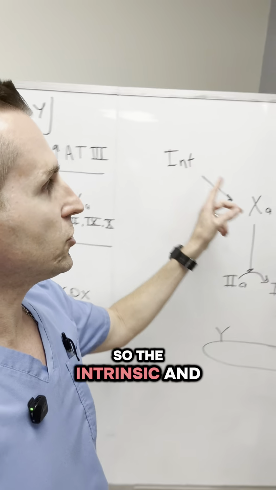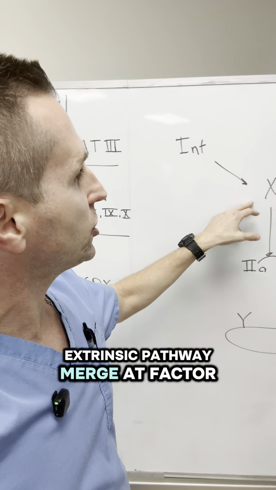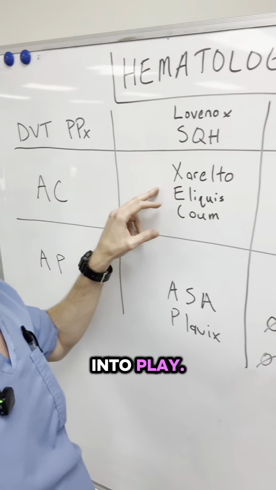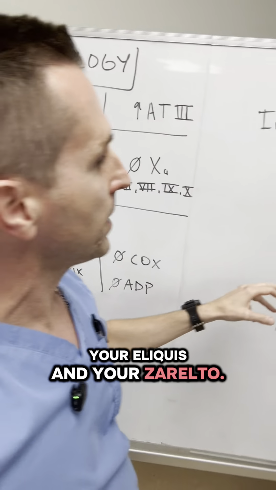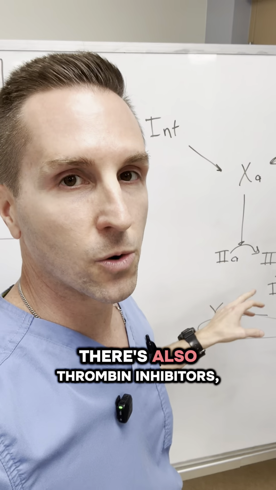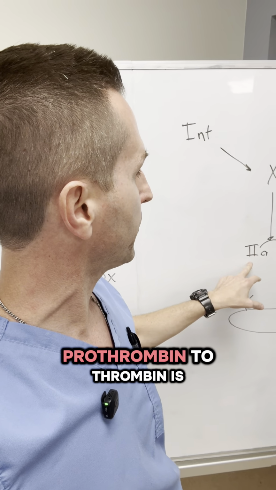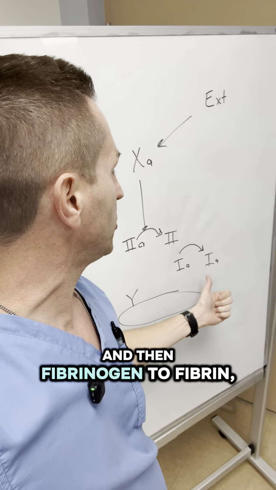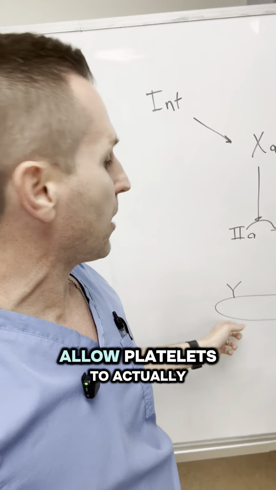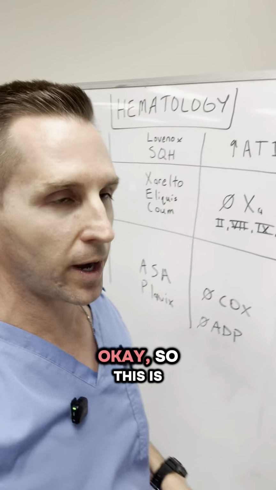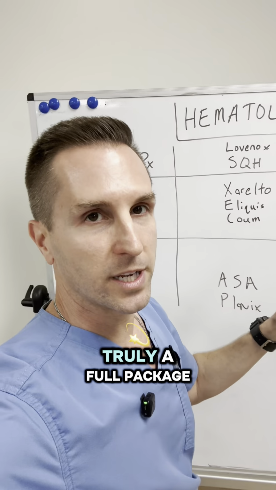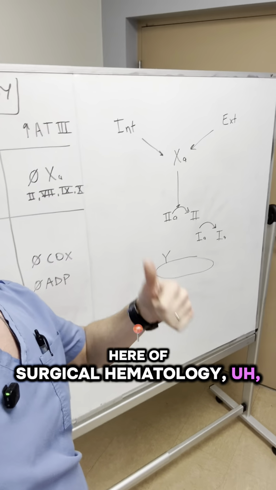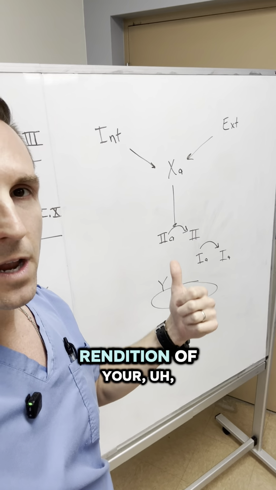So the intrinsic and extrinsic pathways merge at factor 10A, and that's where your 10A inhibitors come into play, your Eliquis and your Xarelto. Then we get all the way down here, there's also thrombin inhibitors, which act on prothrombin to thrombin, which is factor 2 to factor 2A, and then fibrinogen to fibrin, and that's what's gonna allow platelets to actually stick together, okay? So this is truly a full package here of surgical hematology and a very quick rendition of your